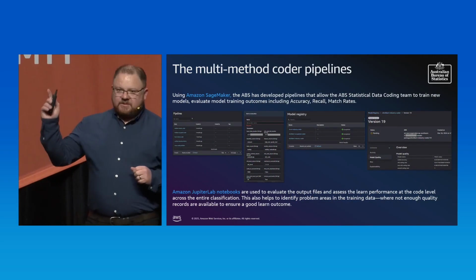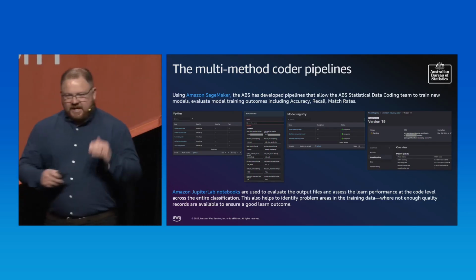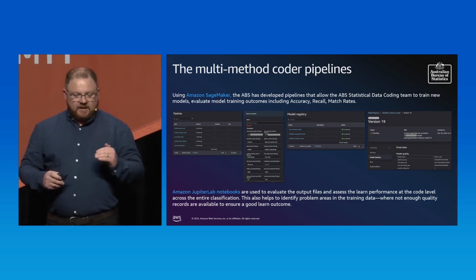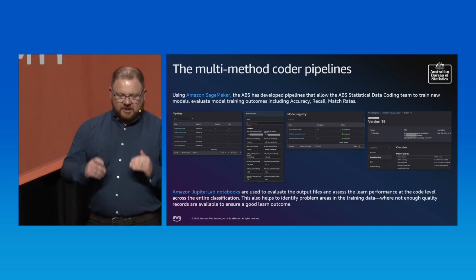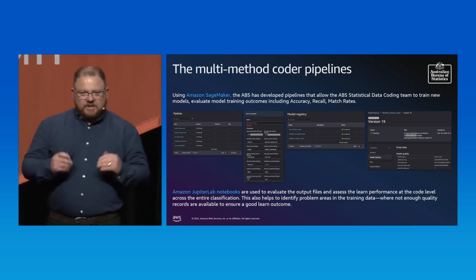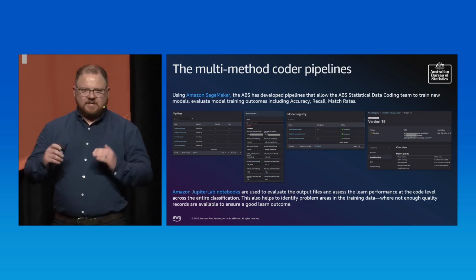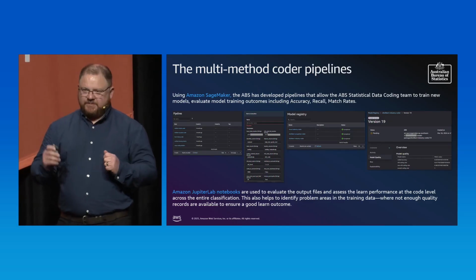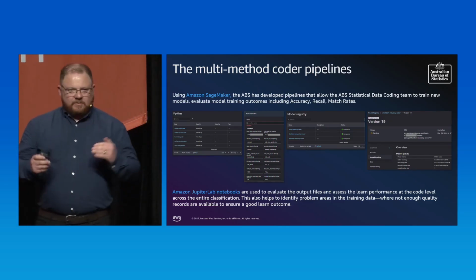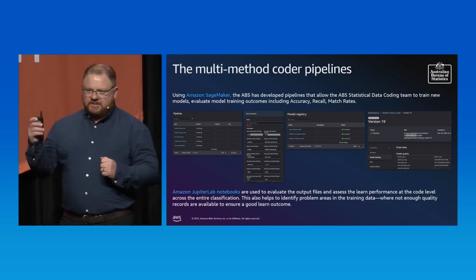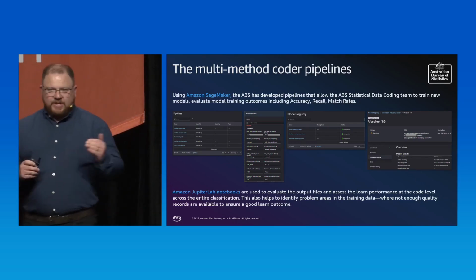So our MLOps solution looks a bit like this. We've got a range of different SageMaker pipelines that we're using to train different topics. We have the ability to set machine learning parameters for each of those topics, because they're all slightly different and there's a bit of exploration for each particular topic. Once the model is successfully trained, it's produced and promoted to our model registry.